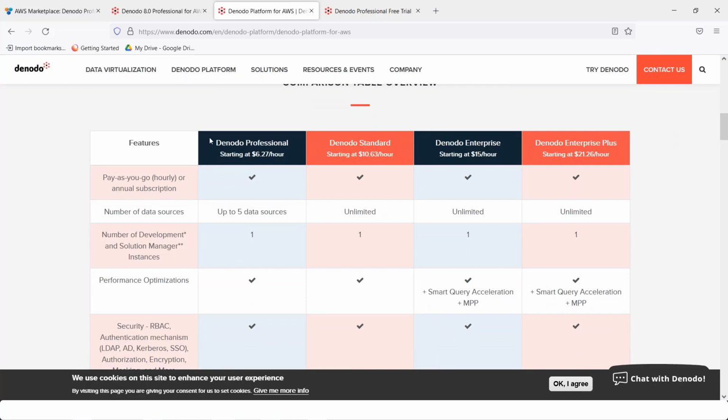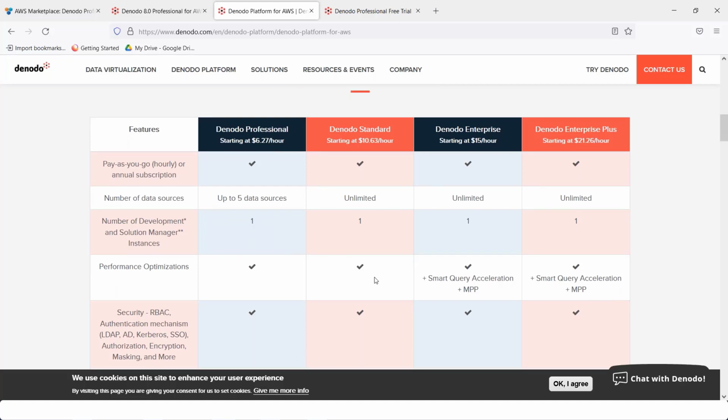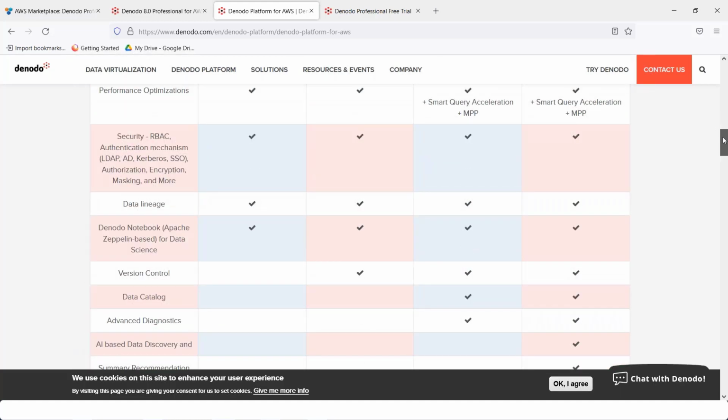Today's focus is going to be on Denodo Professional, which is an hourly based offering starting at $6.27 per hour. It allows you up to 5 data sources in your AWS ecosystem to be able to integrate all of those. There are other features and functions that you can read through on this table here.